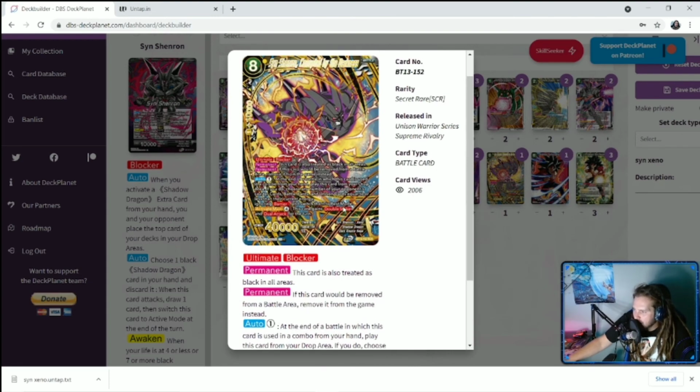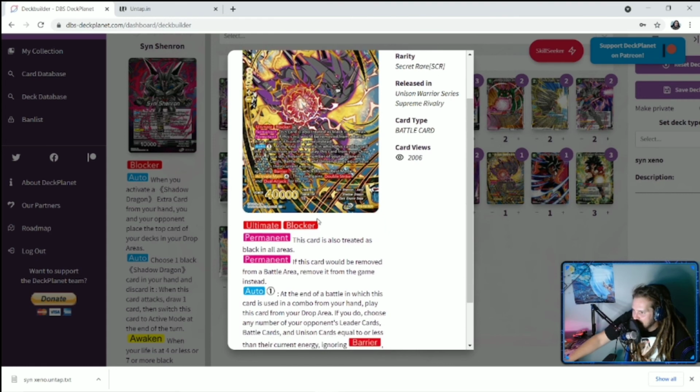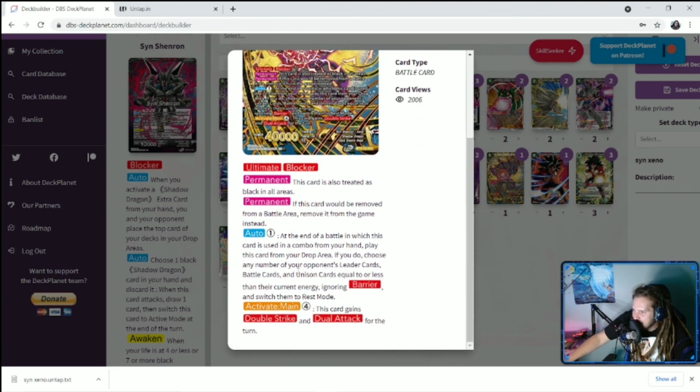So, like turn 3 or something, if you have this guy in your hand on defense, if you have 2 energy open, they attack you. You tap 1 to combo him for 10k combo power. Helps you get out of the attack. And then after the combo, you tap 1 more, so it costs 2 energy. You get to play this guy, and you pretty much get to rest everything. You're usually going to rest most of their stuff, unless they have any big battle cards that they cheated out. You're going to rest their leader, the battle cards, unison cards, all that stuff, ignoring barrier, switching them to rest mode,